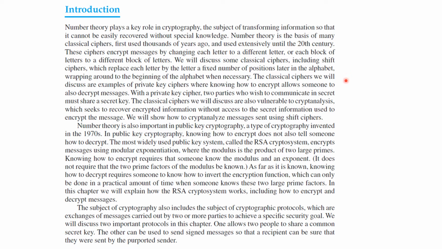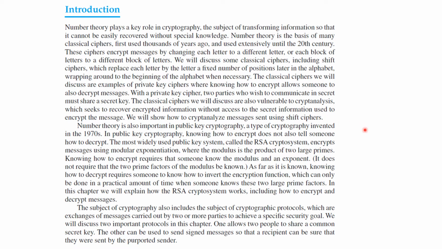These classical ciphers are examples of what we call private key ciphers, where knowing how to encrypt allows someone to also decrypt the message. With a private key cipher, two parties who wish to communicate in secret must share a secret key. The classical ciphers we will discuss are also vulnerable to cryptanalysis, which seeks to recover encrypted information without access to the secret information used. These are code breakers, and we'll talk about at least one way to perform such analysis